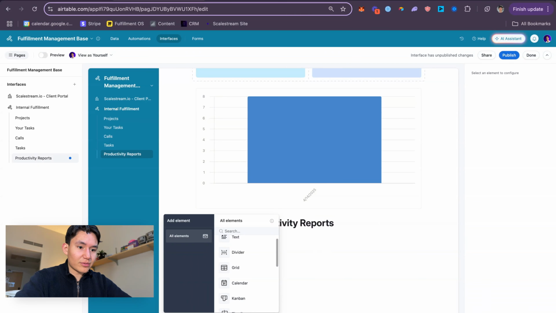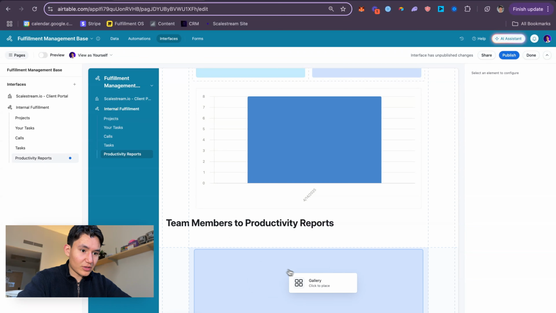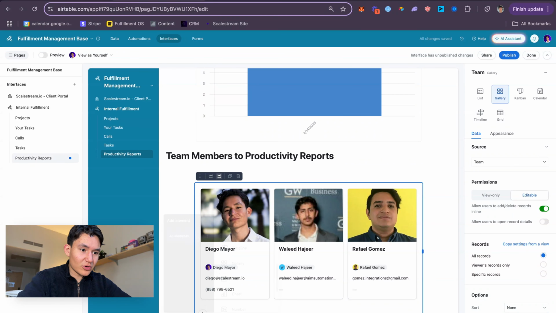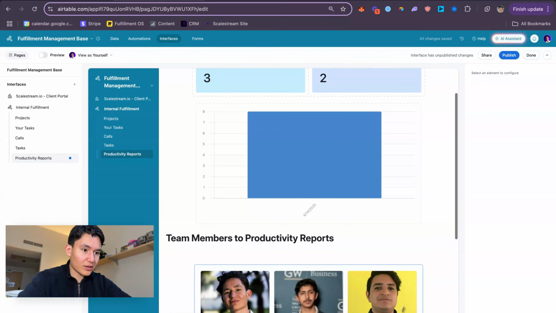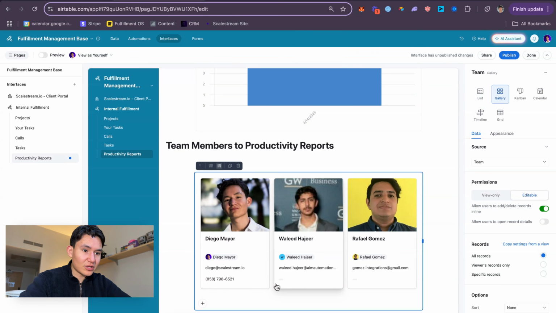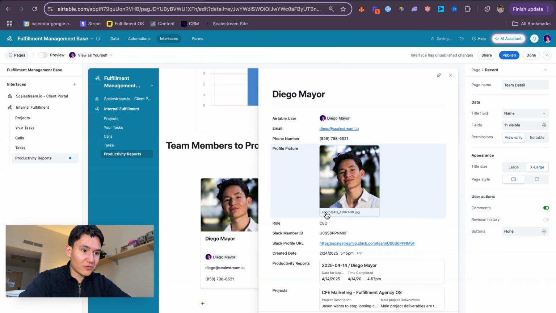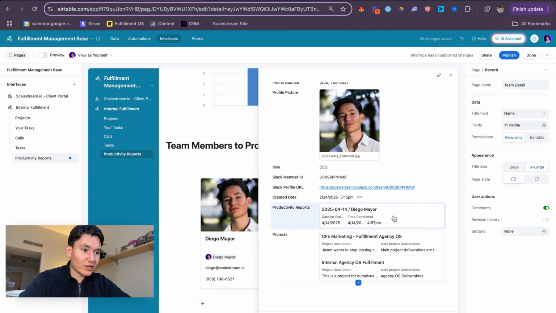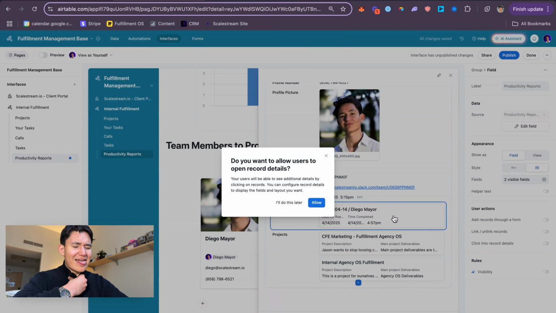So you will have team members to productivity reports, and you can have a gallery of the team members right here. For example, I have some of my team members, not all of them, but I can have them right here. Then let's say I click on myself, I'll be able to click on the, I'm sorry, I'll be able to,